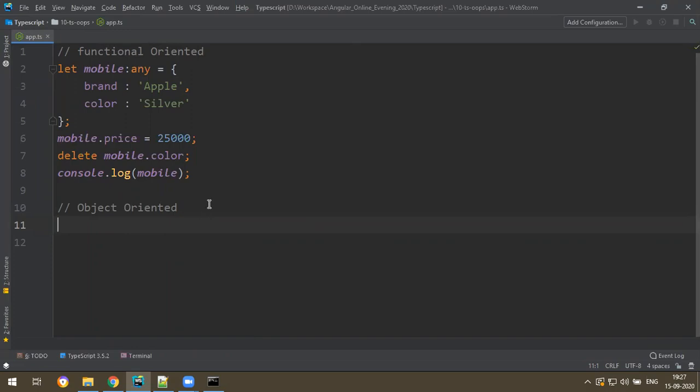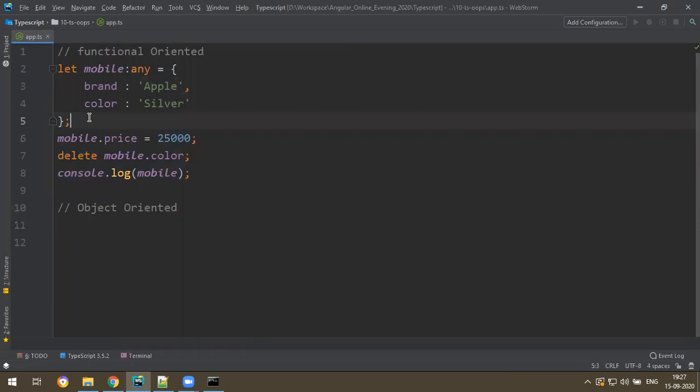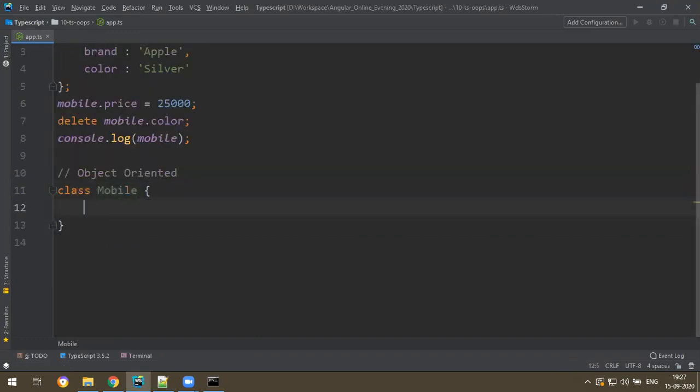First of all, before you create any object, you have to define the design of it. The design is the class. So class indicates the actual design of an object. You can write a class like this, with the class keyword. Your class name is Mobile. We will talk about interface later. First, the mobile object. In that I need some properties.